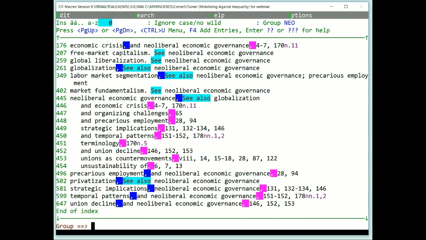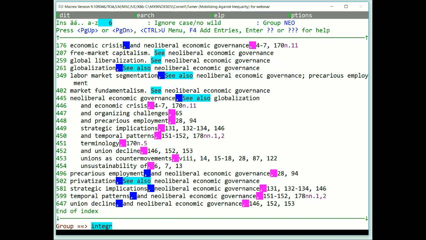Group mode is extremely powerful and has a lot of applications. Here's one of them. It can help with wording consistency. Let's say I came upon a passage about the integration of immigrants into society. I can't remember what I called this before, but I'm sure it has the word integration or something like that in it. So I group on